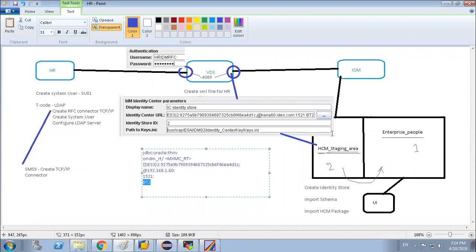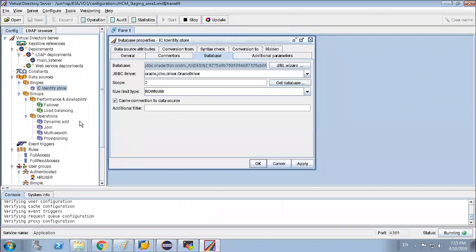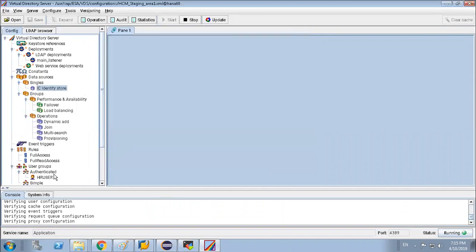The second thing we have done, we have provided the user ID and password. This user ID and password will be given during the configuration area. The same user ID and password, you can see that user ID and password over here.